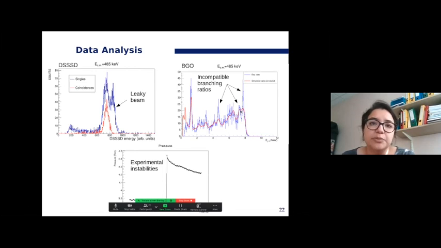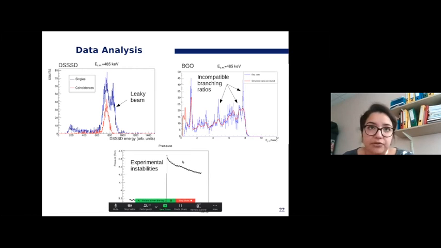And of course, experimental conditions are not always smooth. For example, we observe sudden pressure variation due to user mishandling, especially when some shifts have to be done remotely due to COVID traveling restrictions. But nonetheless, we managed to obtain some nice